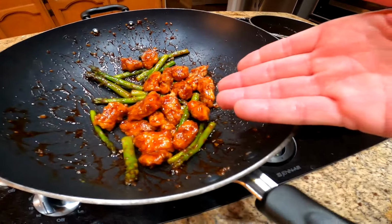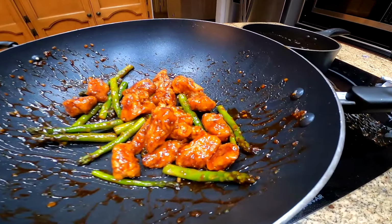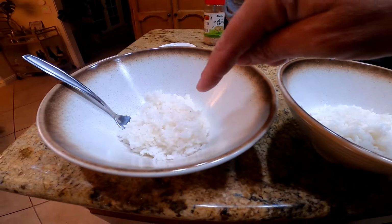It reminds me of like orange chicken, honestly. No, it's kind of messing with my head because it looks like orange chicken. It literally looks like orange chicken, kind of smells like orange chicken because of the honey and everything, but it's gonna be fish, so we'll see if we like it. Might throw us off, might be freaking delicious, but I think I'm either gonna love it or hate it. Yeah, I don't think there's any room for any in between here, but I'm gonna serve it over some steamed